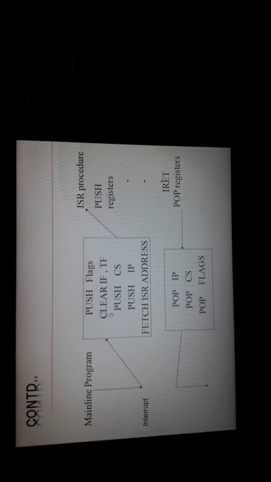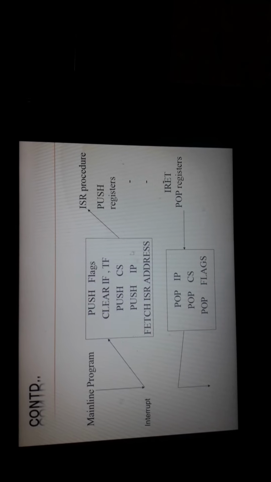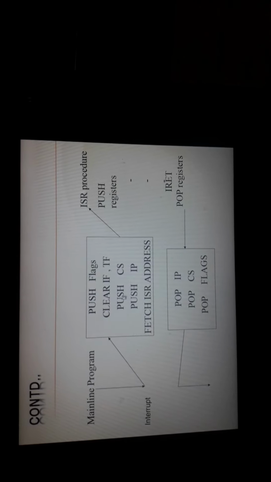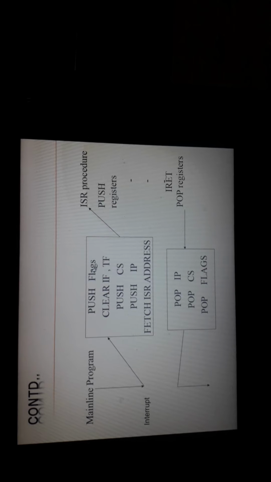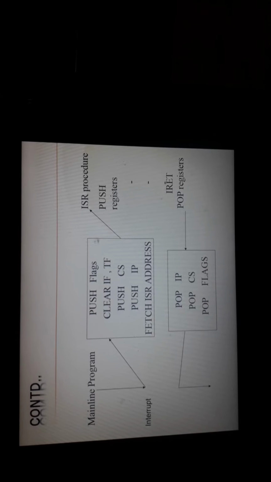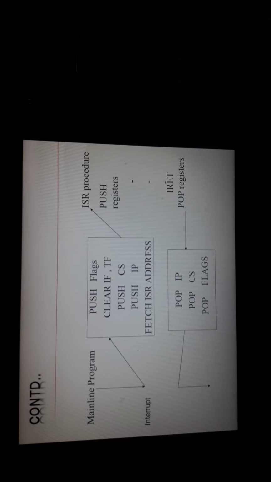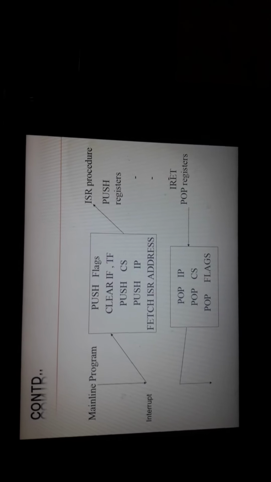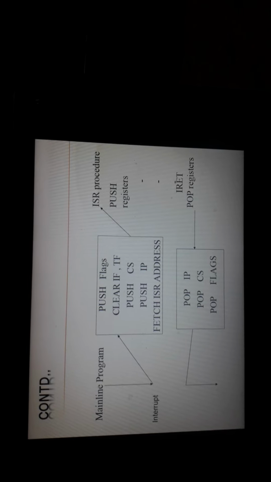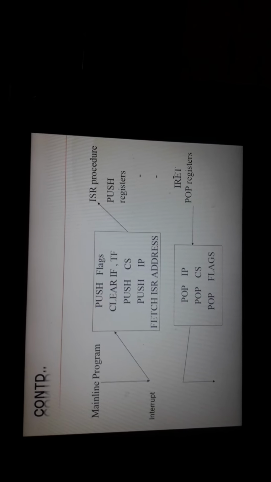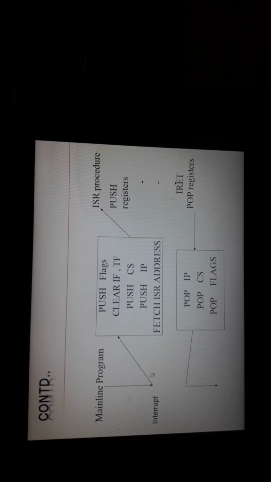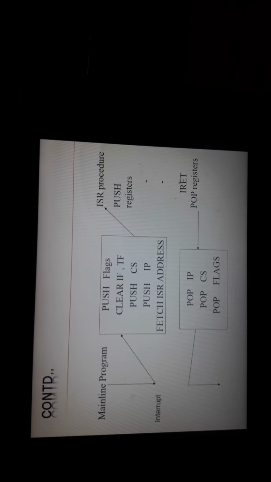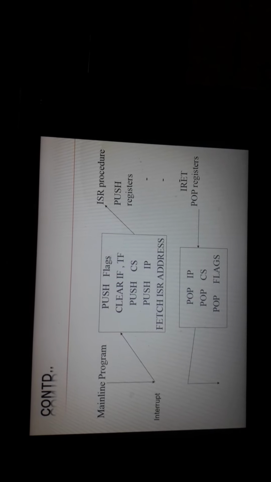So here this is done over the stack, that is, pushing the flag value, pushing the CS value and IP value. This is done over the stack memory. The first thing it does is push the flag register value. The flag register has different flags like the carry flag, parity flag, and zero flag. After executing some instructions in the main program, a few of the flags may be affected, or all of the flags may be affected. So the flag status needs to be stored in the stack memory.